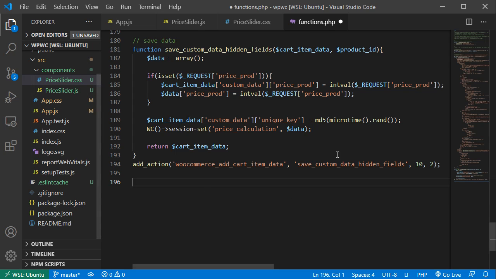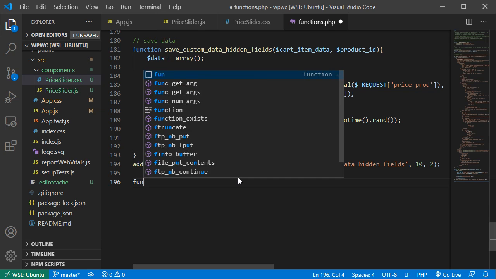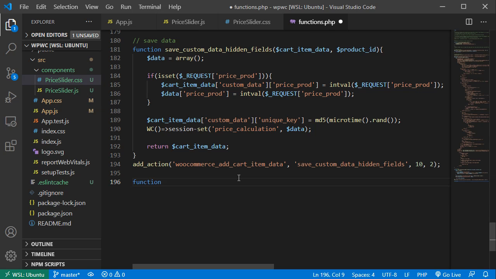So kind of like show the price in the cart whenever we click to the cart page. And to do that, we should also, of course, add an action and have a function. We have function, and the function is going to be add custom item price. And here we will have cart object,